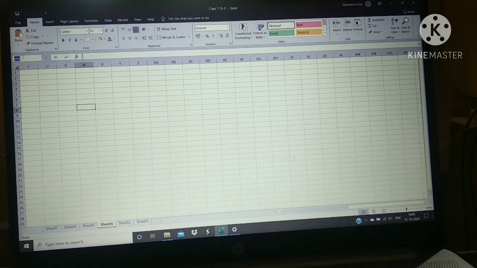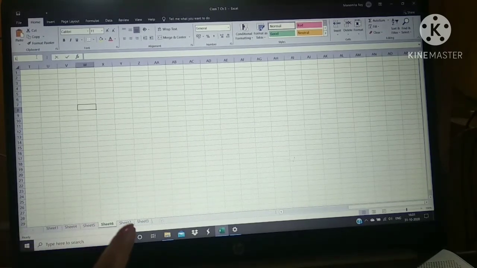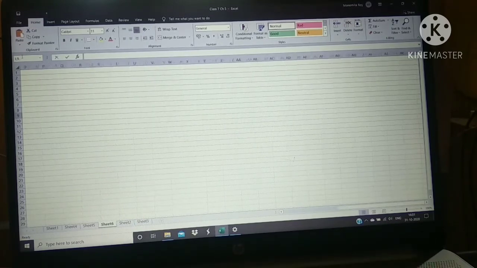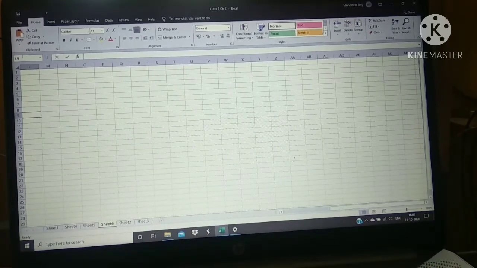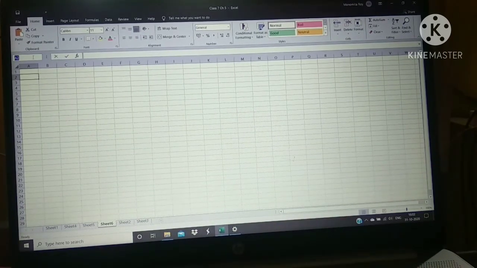Instead of navigating to a particular cell, you can type the cell address in the name box to go to the cell. Suppose I type L for column and 9 for row and press the enter key, it is here, right? If I type E for column and 7 for row, you can see.